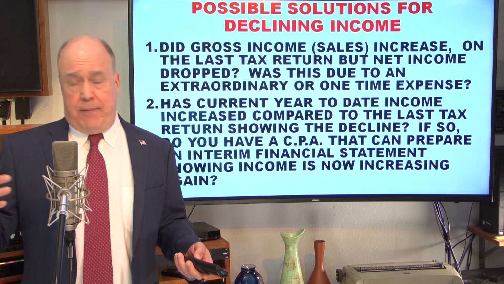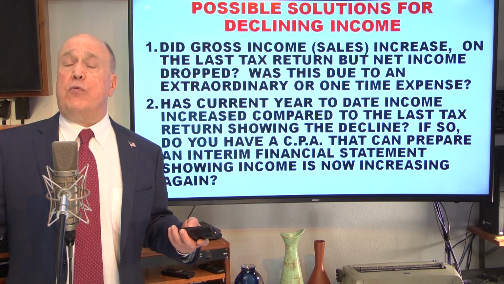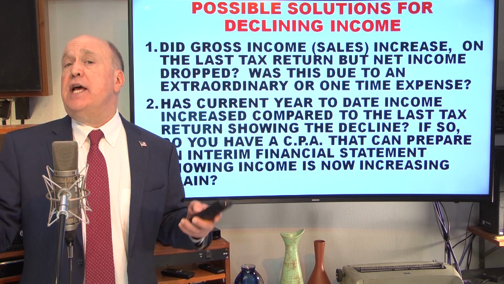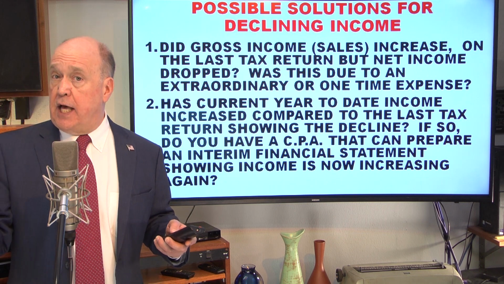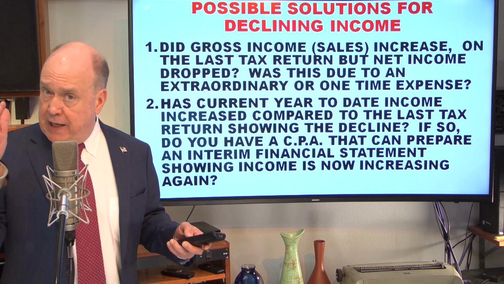For example, maybe their sales grew and they needed to move to a larger location and they had a number of moving expenses and that was a one-time deal. If that is the case and those expenses are the thing that caused the net income to decline in the most recent year, then that needs to be pointed out to the lender because you may be able to get